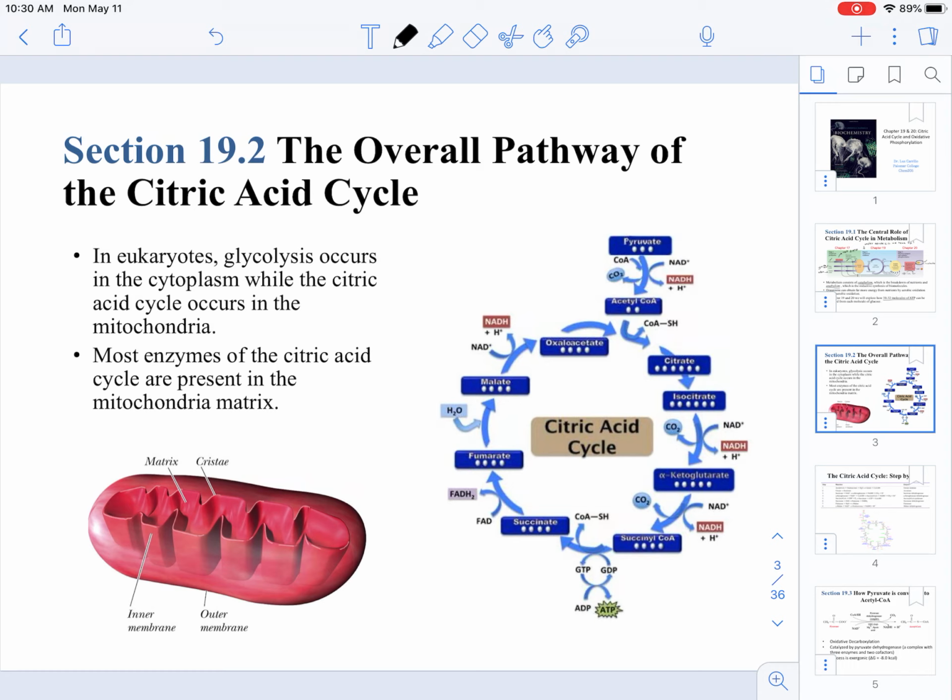Now let's go over the overall view of the citric acid cycle. So understand that in eukaryotes, the process of glycolysis and the citric acid cycle, which is our focus in Chapter 19, is actually compartmentalized. The process of glycolysis actually occurs in the cytoplasm, while the citric acid cycle occurs in the mitochondria. So first we must establish, because the processes that we're going to be talking about in Chapter 19 are in the mitochondria,